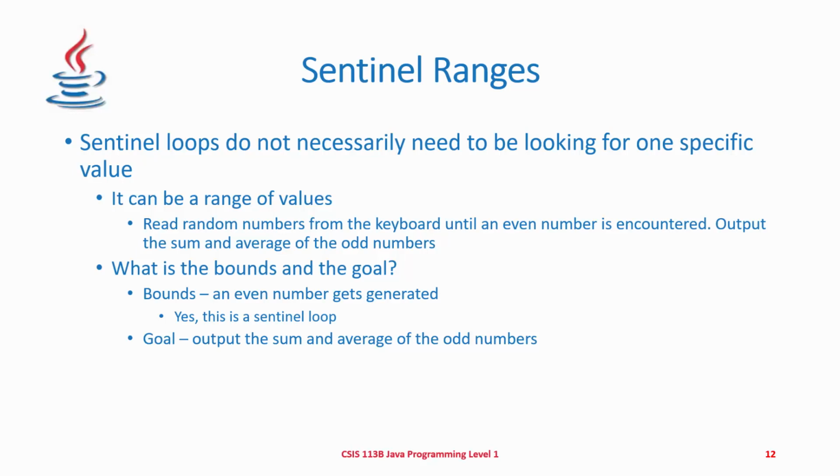It's going to be determined by when we get an even number. When you hear a problem like that, I should point out, you should start thinking about using the modulus operator, taking any number and seeing if you can divide it by 2 and if there's a remainder or not. That's how we determine whether they're even or odd numbers. The other aspect of this is you want to recognize what the bounds and the goal are going to be for these types of problems. So the bounds here is if an even number is generated, then we'll exit the loop. The goal is to output the sum and the average of all the odd numbers that are generated before we